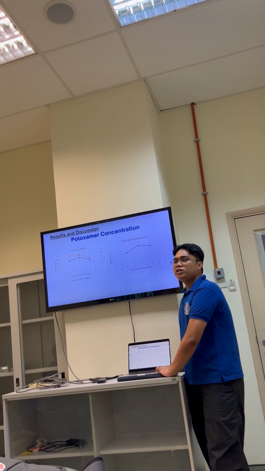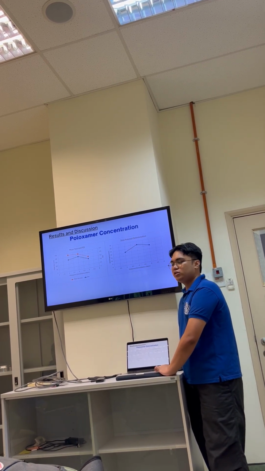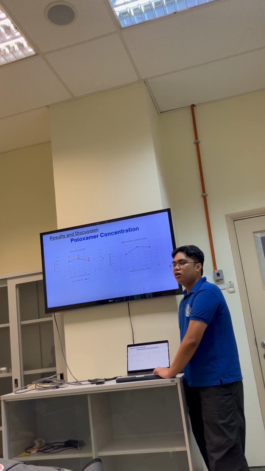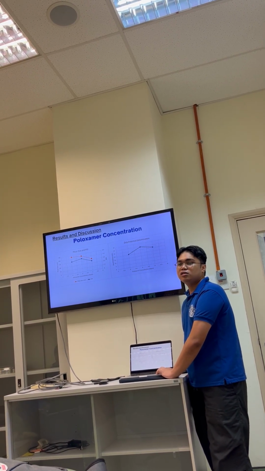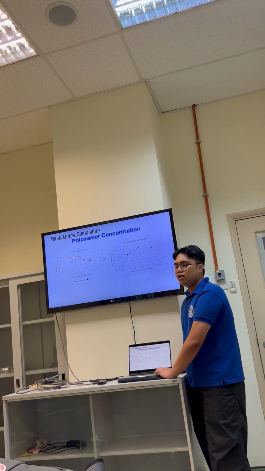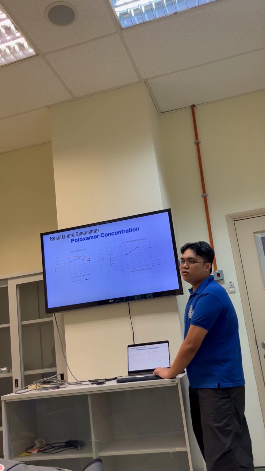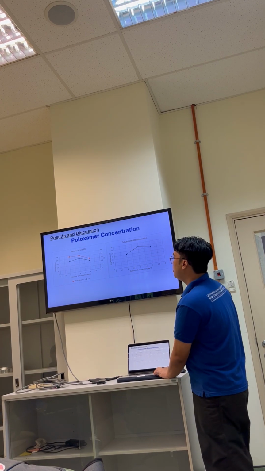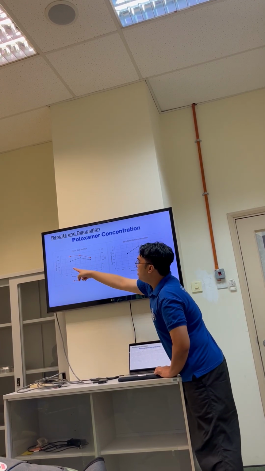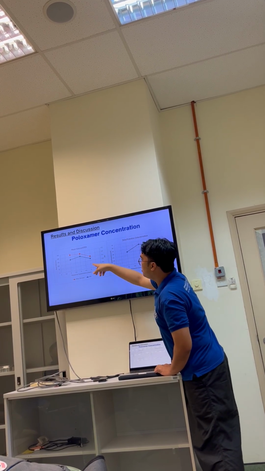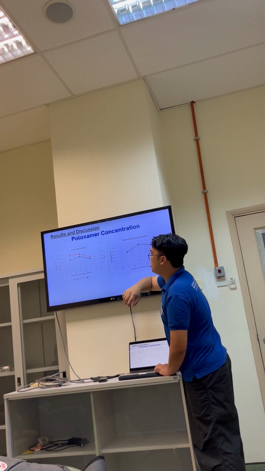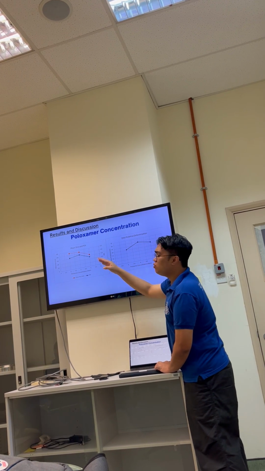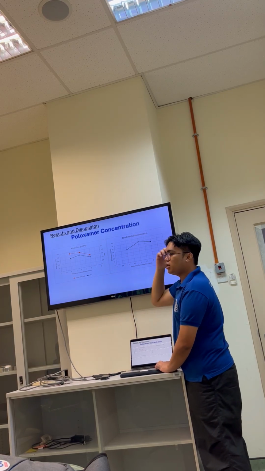So we tried to optimize, of course, the NLC solutions because it has lots of components in the workflow, such as concentration of the components. And one of the components that we try to tweak, of course, is the Poloxamer concentration. As you can see here, the mean size tends to increase as we decrease the Poloxamer concentration. By the way, this component, mean size and PDI, we would like to minimize it in this context.